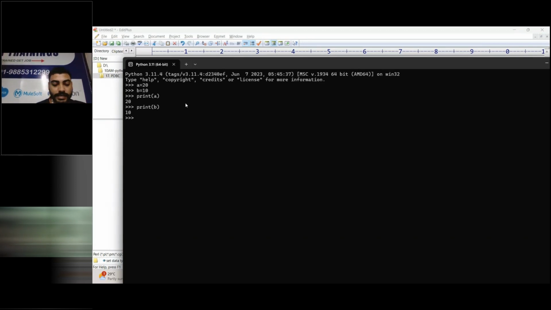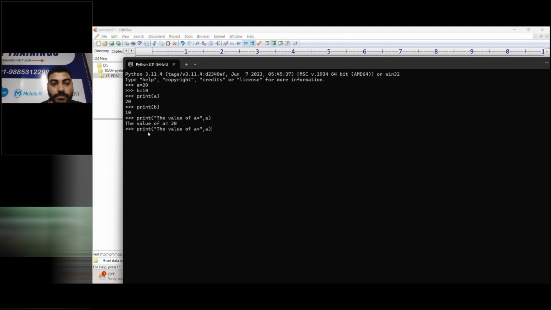If you want to add a string here, you can write a statement, for example "The value of a is", comma, a. So what it is going to give is: the value of a is 20. Are you getting it? Can I say it is embedding the values along with the statement?